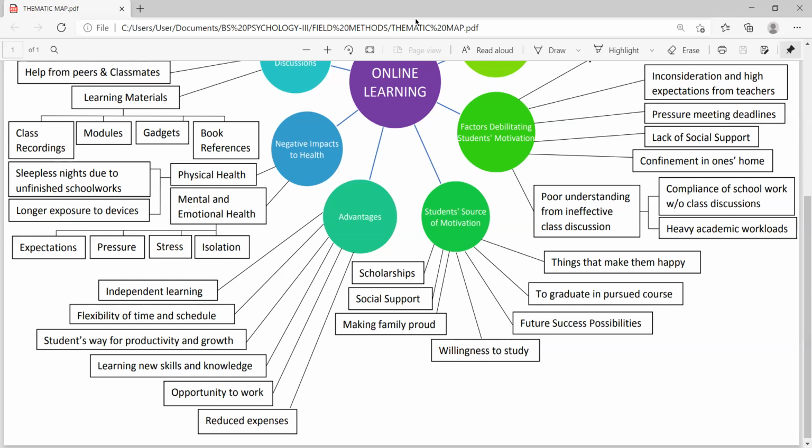Lastly, poor understanding from ineffective class discussion due to compliance with schoolwork without discussions and heavy workloads can cause difficulties in students. Complying with schoolworks without discussing them is difficult for a student, and heavy workloads stress the students in doing the schoolworks. These factors may debilitate the students' learning and